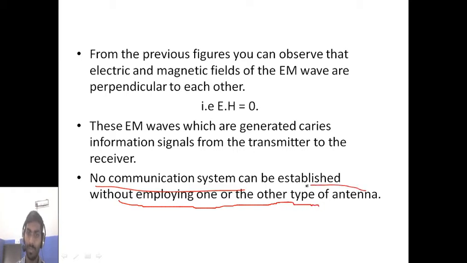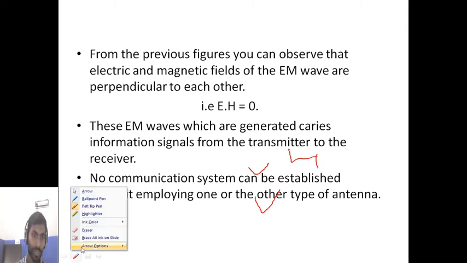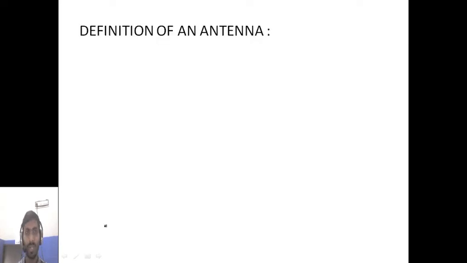Take your mobile phone, which is a communication system, and your laptop is also a communication system. You can send mails, and you can have Zoom meetings and Google meetings. That is communication, right? Both employ antennas. Antennas may change depending upon the requirement of frequency and bandwidth, but antennas must be there. No communication system is possible without an antenna.